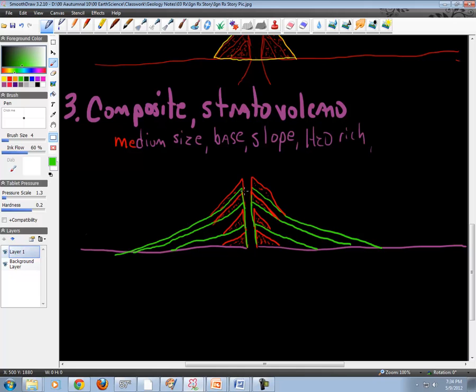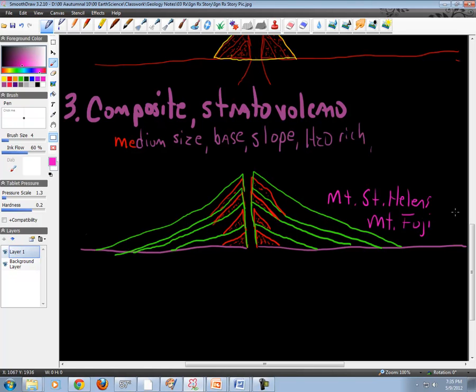And lastly, another one of those. Great example of this one is a volcano that's called Mount St. Helens. Also, probably the prettiest one,